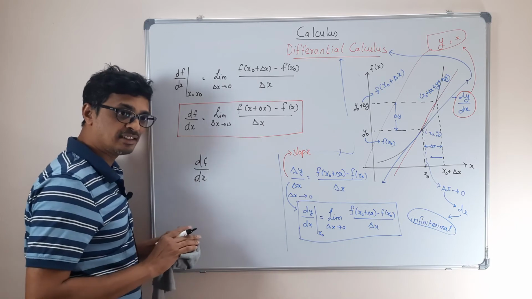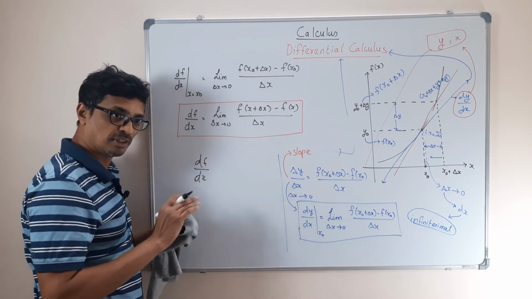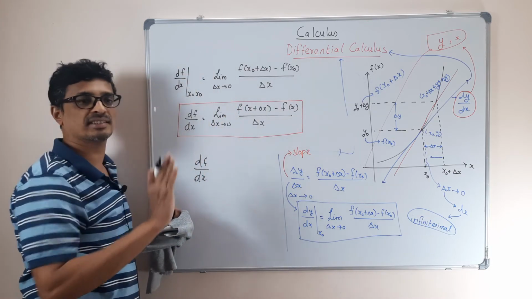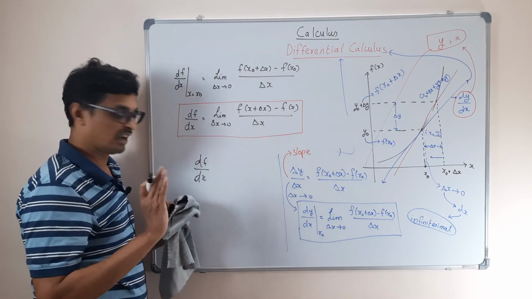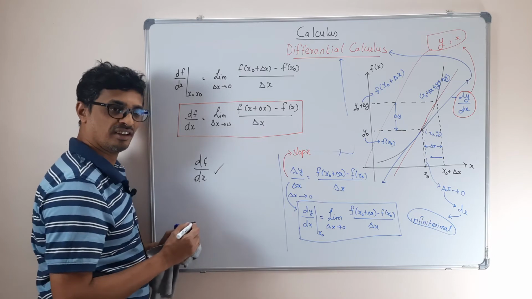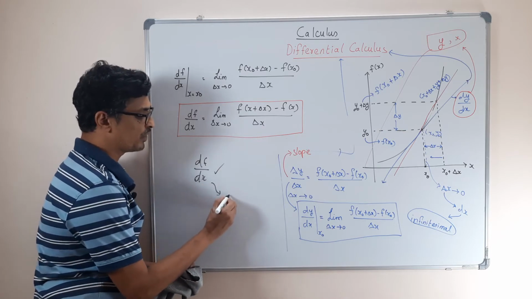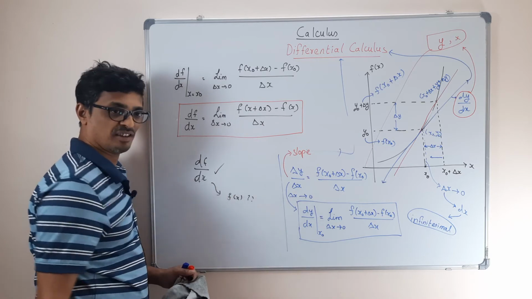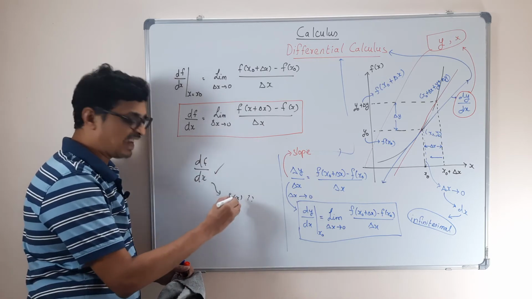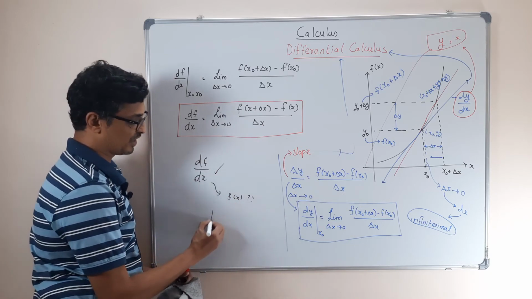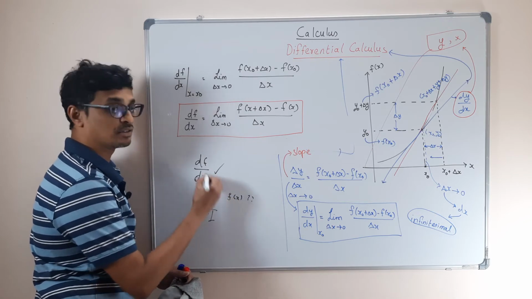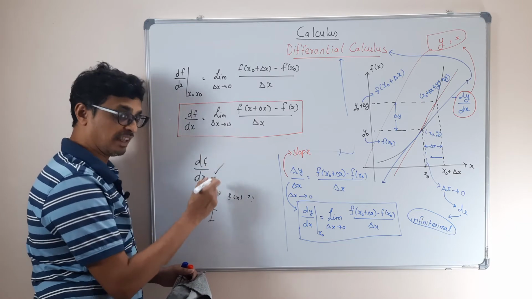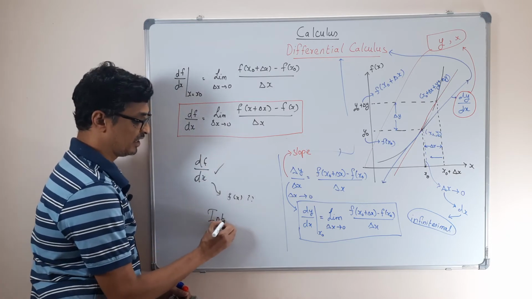df by dx is slope. Slope of the function is the slope of the tangent to the function at any arbitrary x value. I am giving you this value. Now you have to give me what is your f of x. When you put that question, that's what you call integration. How do you get it? Getting this f of x from df by dx is what you call integral